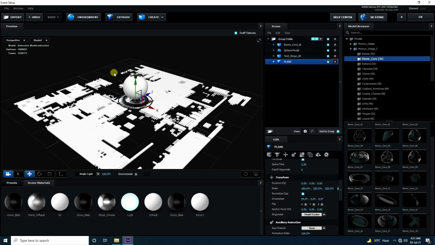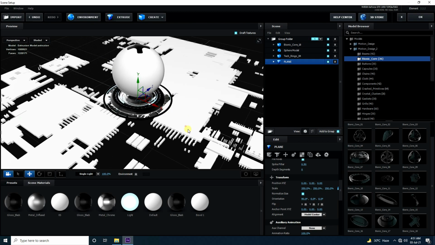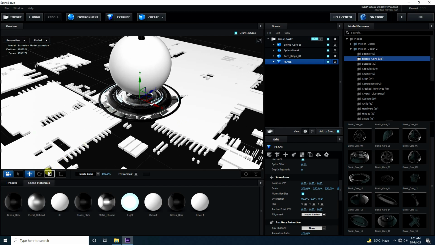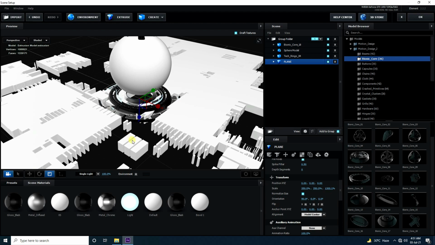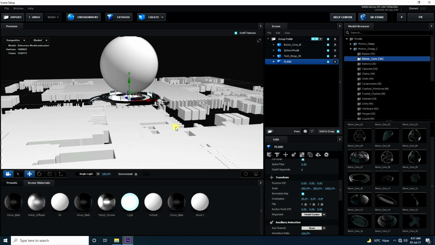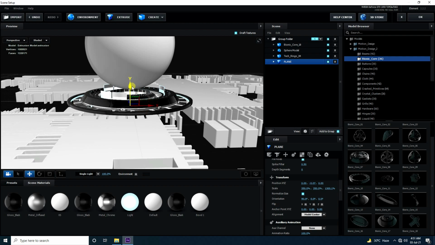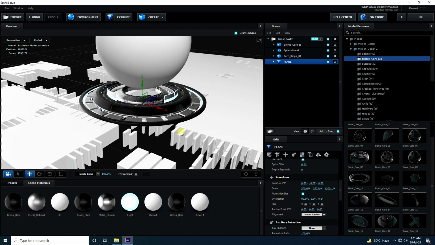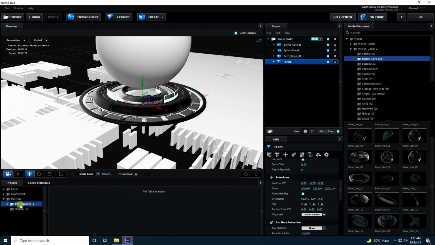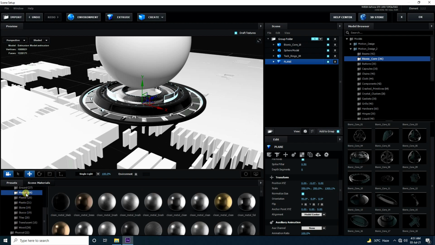And now I also increase the depth like this, and a little bit down. After that I apply Texture Pro Shader 2 and go to metal.